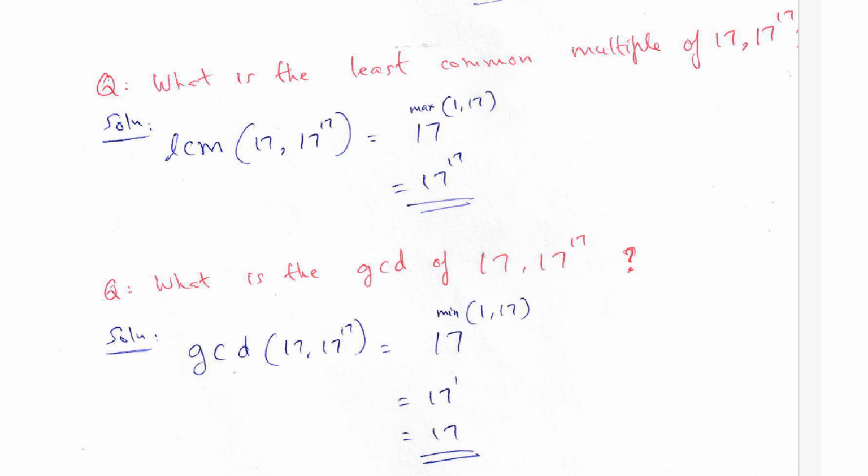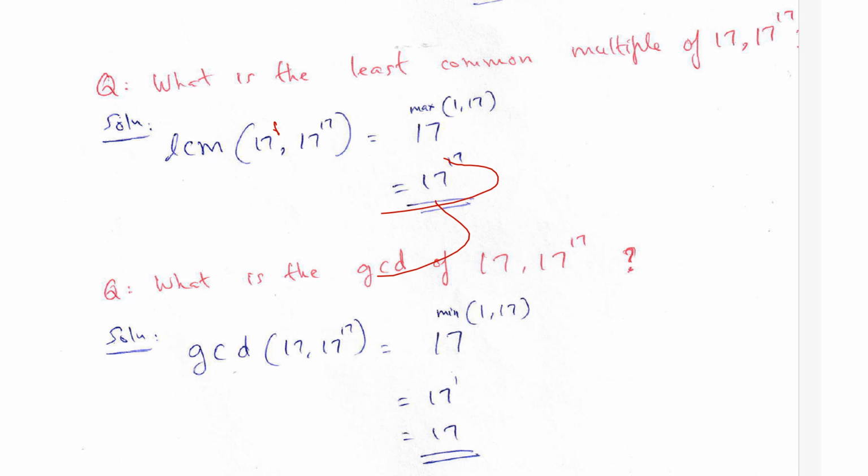Okay, in the slide you see, what is the LCM of 17 and 17 to the power 17, and the same numbers I have considered for finding the GCD also. So you can comparatively analyze this. See, in LCM, what is the method? Here two numbers are given. 17 means it is 17 to the power 1 actually, and the next one is 17 to the power 17. So for LCM, what we need to take, we have to take the maximum value, so 17 to the power